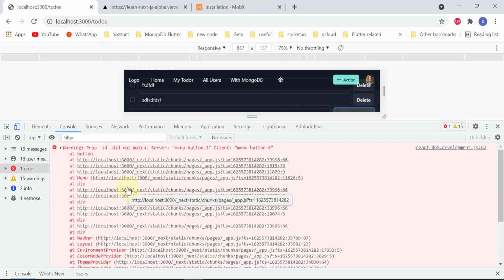That one is fixed. Now speaking of this error, which is actually a warning, we are not going to fix this now because it is not going to affect our development at all, and in production this error does not come. If you run your app in production mode using npm run build and npm run start, you will see this error does not come there. To solve this might take some extra time, so in this video we are not going to do that. But feel free to give solutions or links in the comment section for other people.